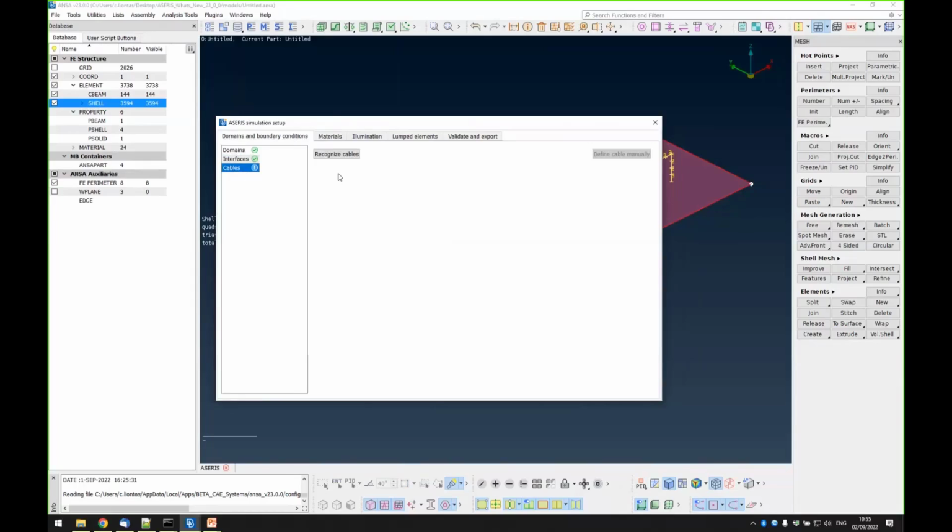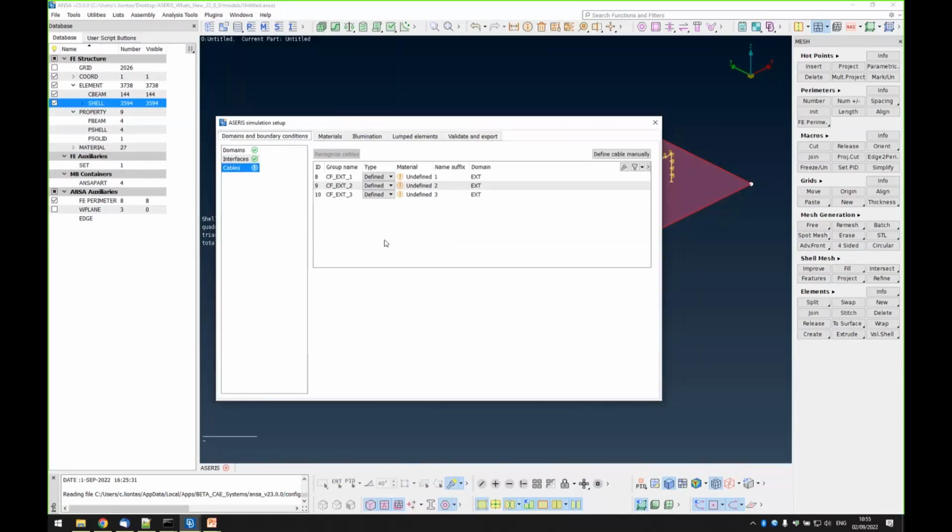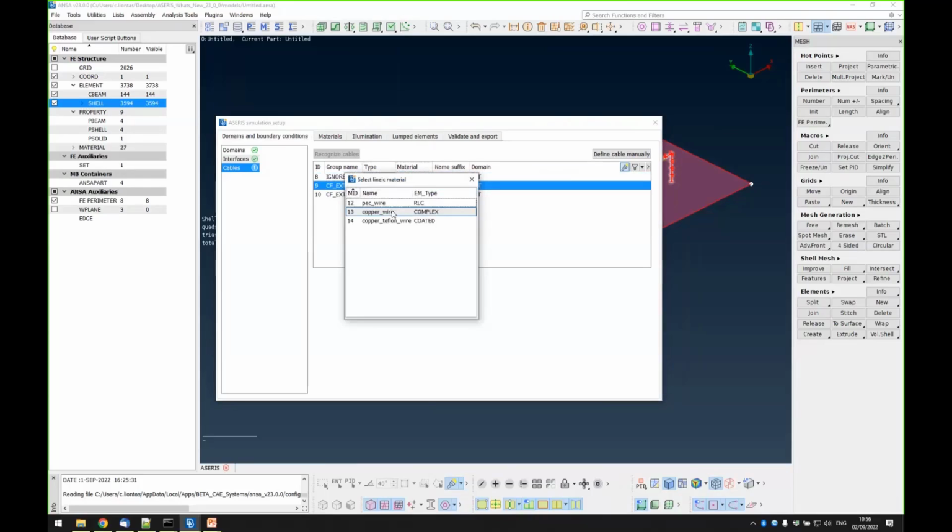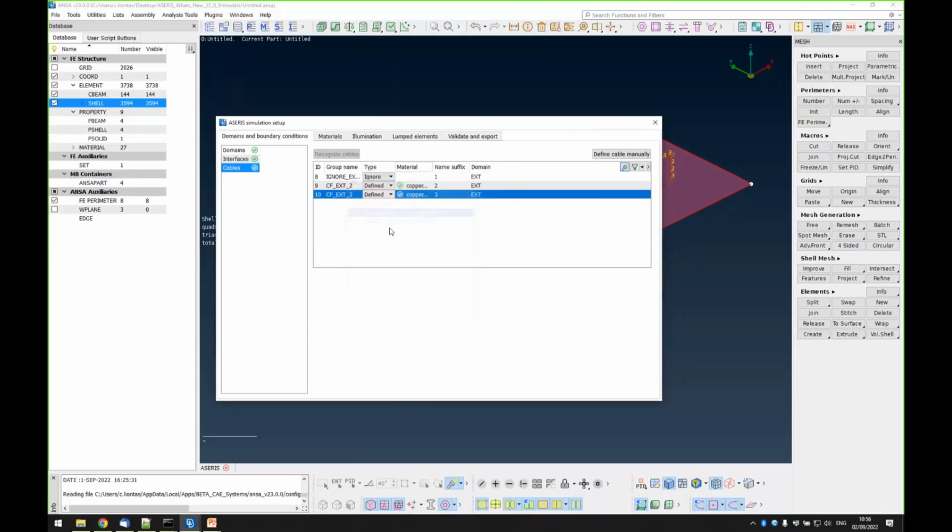The cables are the connectivity groups of line elements. If I recognize the cables, I can see here, and I can also highlight them, that I have three cables. I have one cable loop here, and I have two cables running parallel to each other. Let's say I will ignore this cable, and for the other cables, I will choose this type of material. So we have finished with the cables that are present. After defining the materials of the cables, we have finished also the cable definitions, and all these three ticks mean that we can move on to the next definitions.